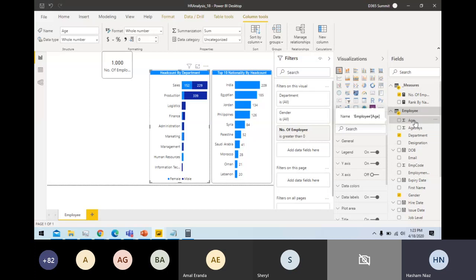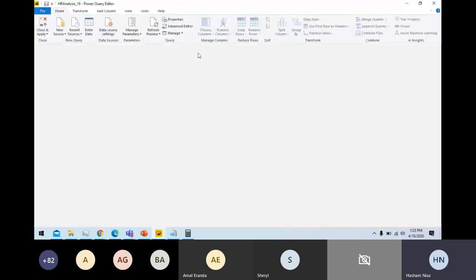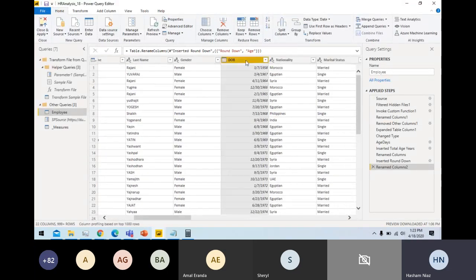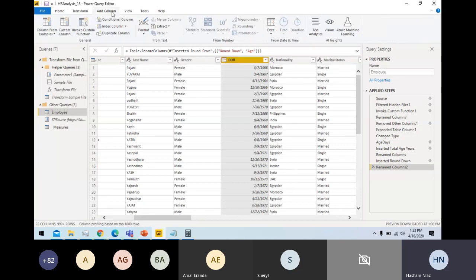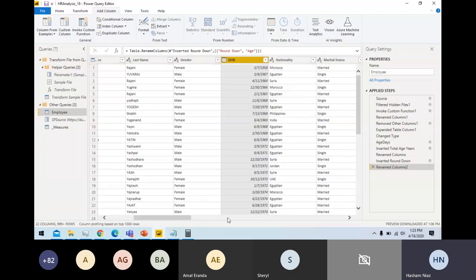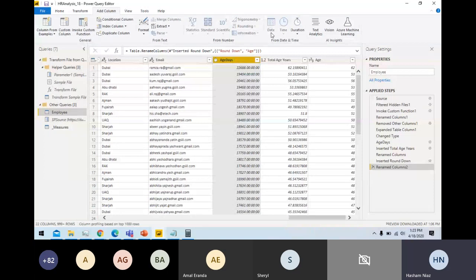We do it by going into the Power Query window. If you remember, when I go to transform data, from this date of birth I calculated the age. How I calculated the age is I go to add column, do the year thing, and calculate the age from the date of birth. Since it calculates the age in months, I have to change this duration to years, and then round it off. So that's how I get all the ages.